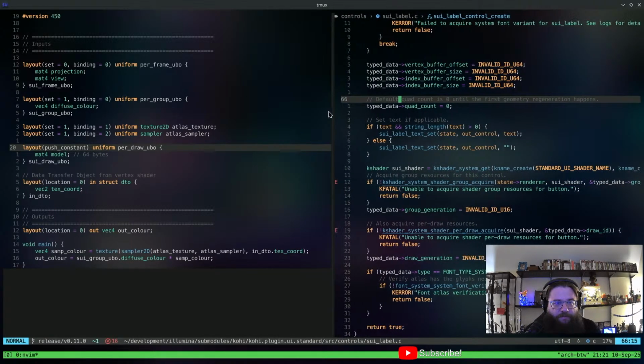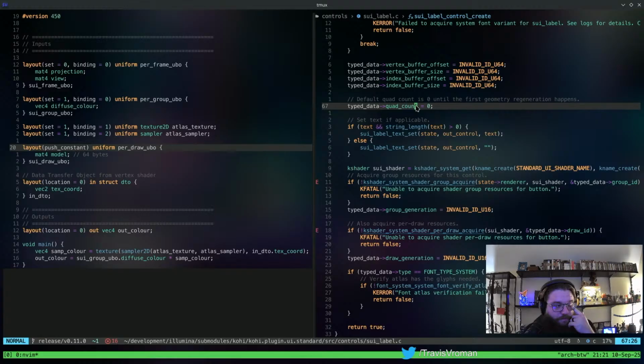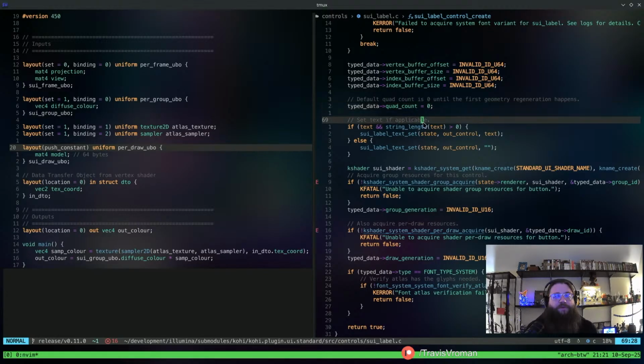So I think we could probably get away with a binding set situation that is almost exactly like what we have here. It's just instead of using the whole uniform per frame, per group, per draw stuff, we convert it to kind of using the new way of doing it.